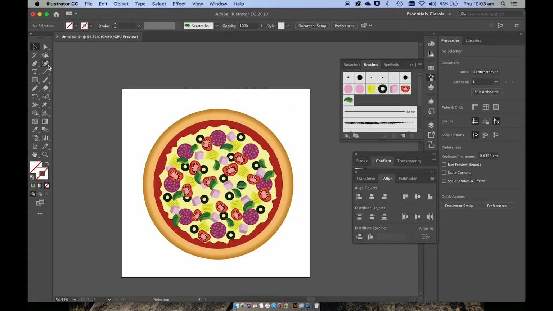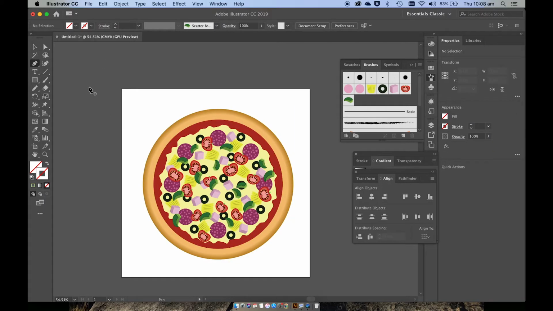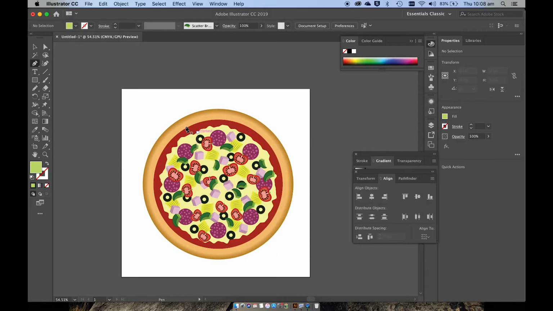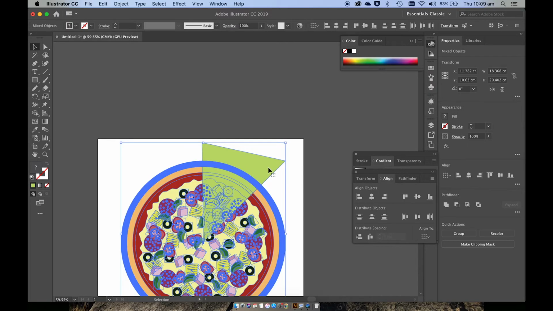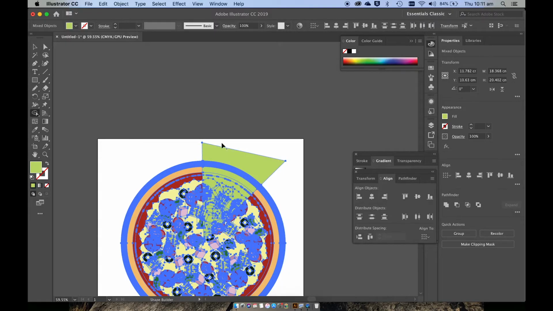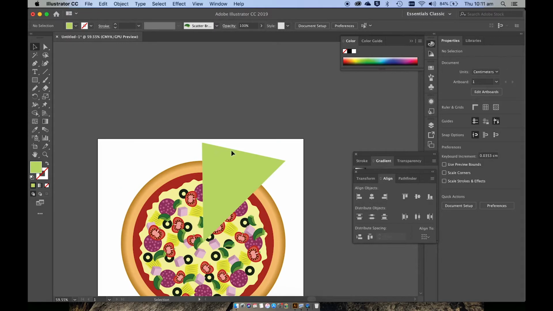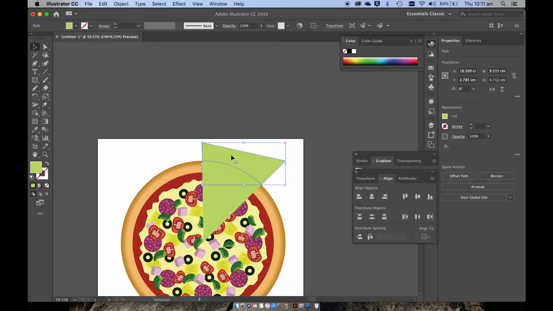We're going to slice our pizza, so grab your pen tool, hover your pen tool in the middle of the pizza, go down to the center, okay, delete off that excess bit,